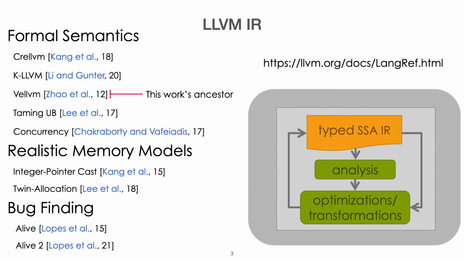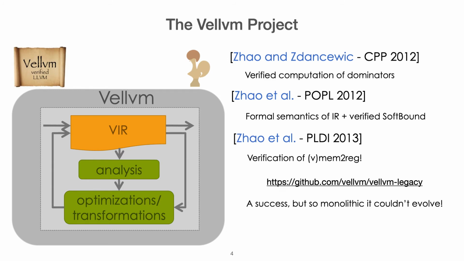The specific line of work that we are based on in particular is called Vellvm, a project that was started in 2012. The idea of Vellvm was to provide a formal semantics in the Coq proof assistant of LLVM IR. It was a success: a significant subset of the language was formalized, and even better, complex optimizations have been proven with respect to this semantics. But after this initial success, Vellvm has proven extremely hard to evolve, and in contrast, LLVM IR was evolving extremely fast. So in a sense, the gist of this paper is to provide a new foundation for Vellvm, to revive it, and to do so under the idea that we would like to have a project able to keep up with a realistic language.